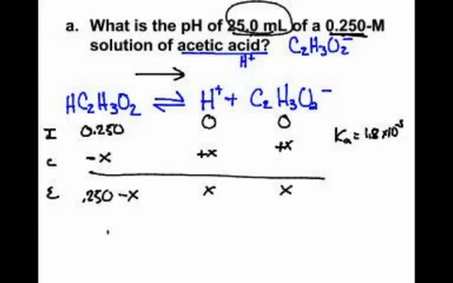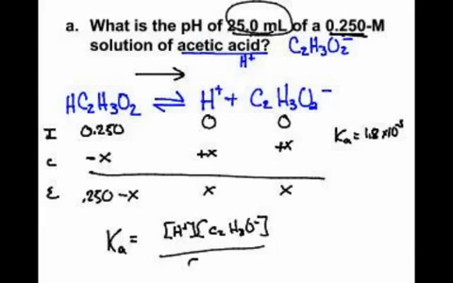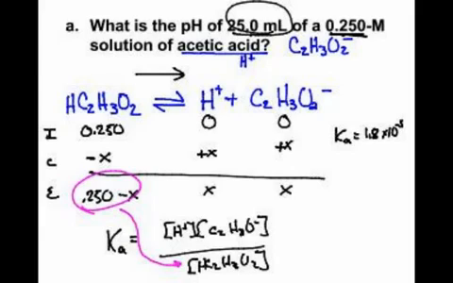So now I can write that the Ka expression would be equal to the concentration of the hydrogen ion times the concentration of the acetate ion, products over reactants, divided by the concentration of the acetic acid. Now I'm simply going to plug in my values. I'm going to plug in the 0.25 minus X on the bottom, the X's on the top, and then the Ka right here. I'll recopy this. I know this is getting confusing. So I'm going to say